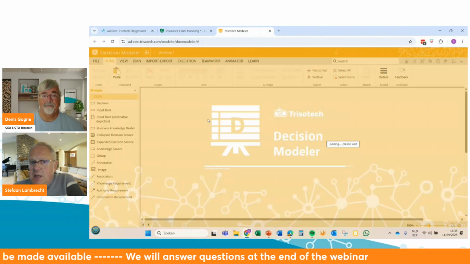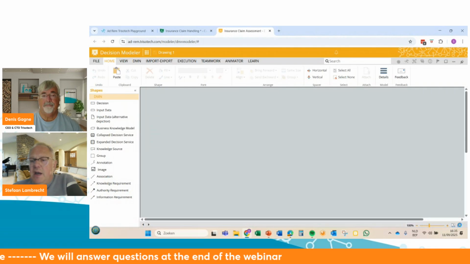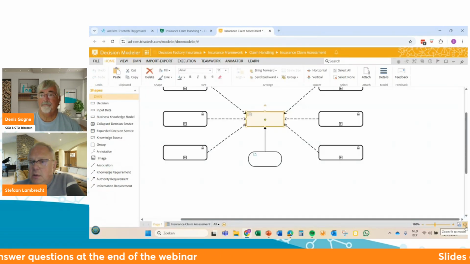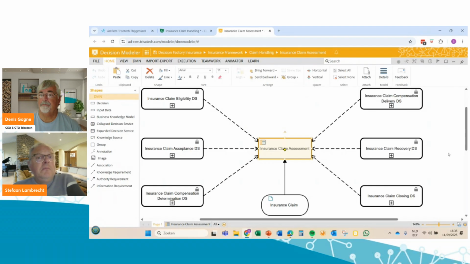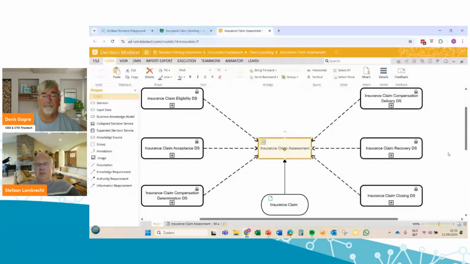As you will see, the decision model at the highest level, I'll let it pop up first, has more or less the same structure as the case model that we just saw. And why is that?